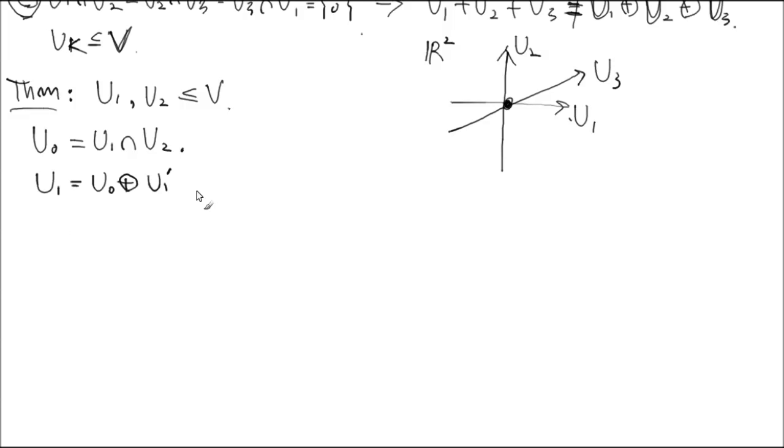How about U2? U0 still sits inside as a common part, right? And the intersection, the direct sum with U2 prime. Is this setup okay? This setup uses the extension theorem. Okay. Then